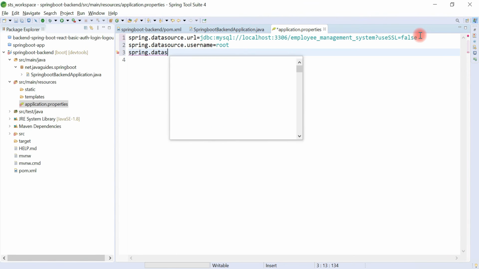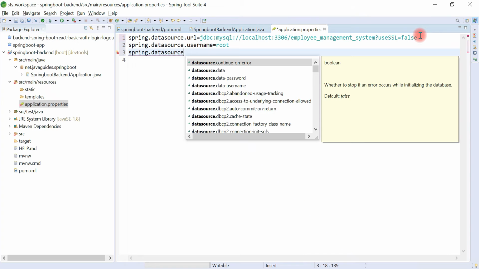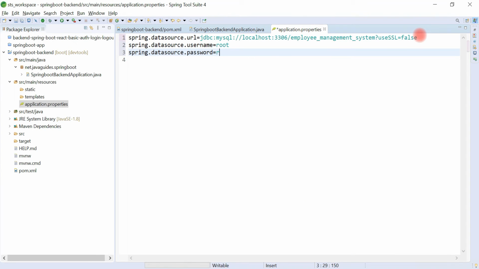It's root, and let's also configure password. It's again root. Okay, so make sure that you change the JDBC URL, username, and password as per your MySQL database installation on your machine. Now let's configure Hibernate properties.